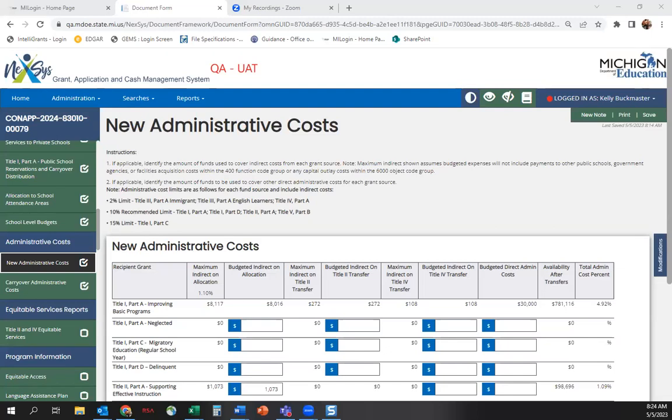The administrative costs section of the consolidated application is the next section that needs to be completed. The purpose is to identify direct and indirect administrative costs for all funding sources other than Title I Part A, since those were identified earlier. Starting with new administrative costs, you will notice that the administrative cost percentage guidelines are listed at the top of